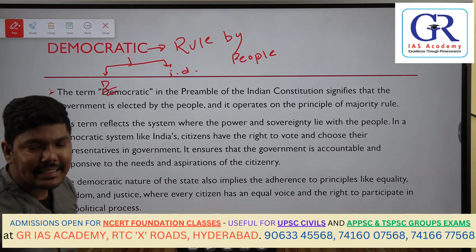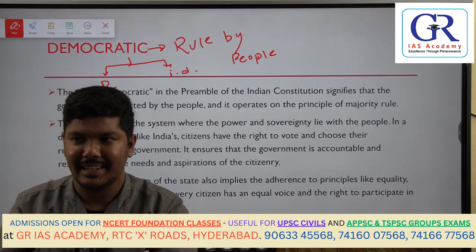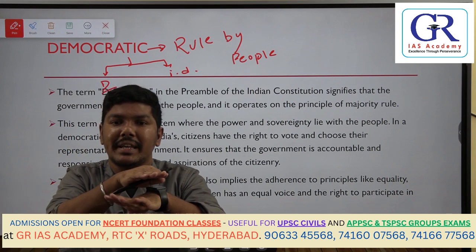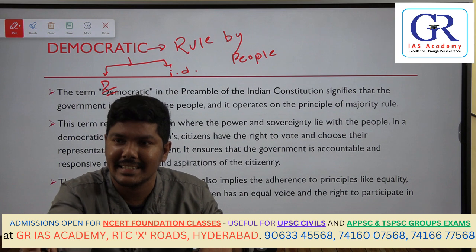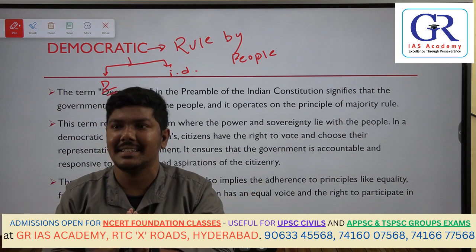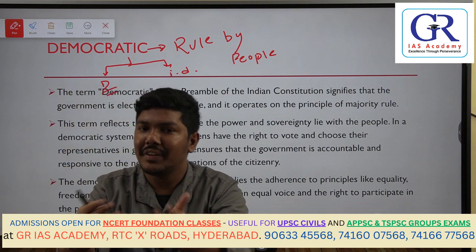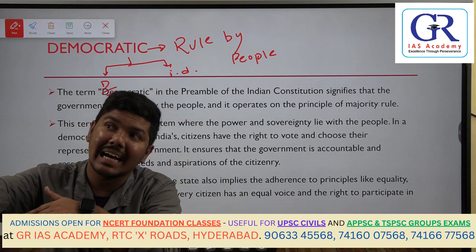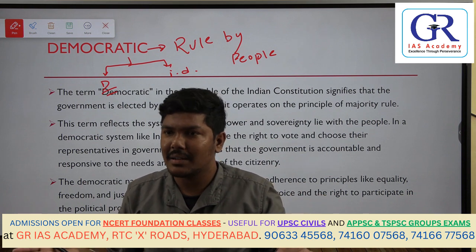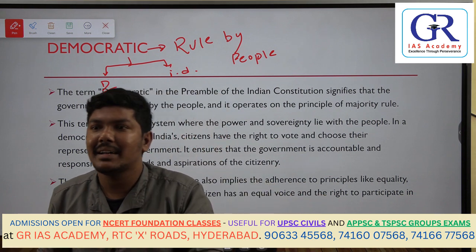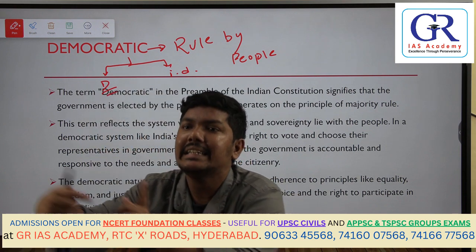Direct democracy means the people directly rule themselves. Okay, so that means there will not be any middle layer called so-called representative. So they will only take the decisions. For example, if this particular is a class, we can have the direct democracy, because when our strength is low, we can have the direct democracy. But on the other side, if you see the countries with bigger populations, example India, can we have direct democracy here? We cannot have the direct democracy, and we can have the indirect democracy.